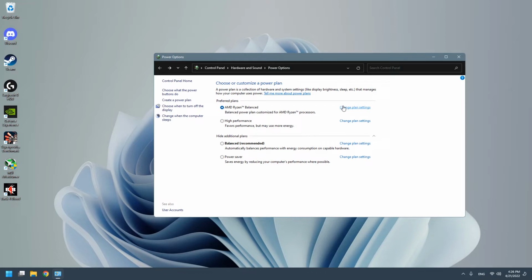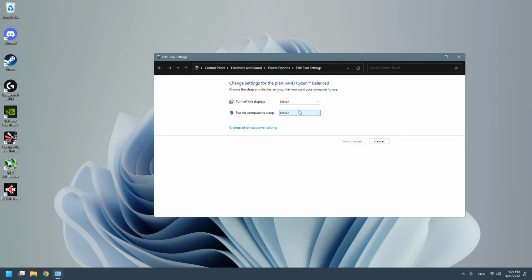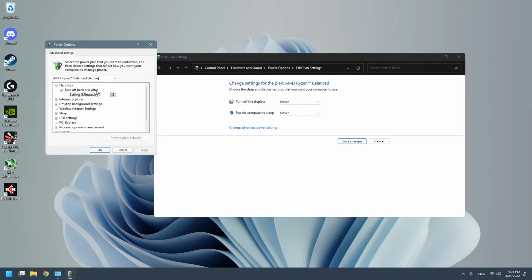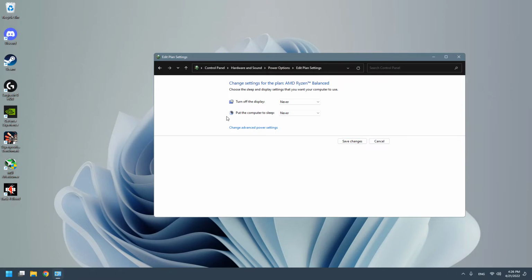Now click on Edit Plan Settings. Now you can set these to whatever you like. I usually don't like my PC falling asleep or turning off. Now click on Advanced Power Settings and go to Hard Disk. Now you want to set this value to 0 so your hard disk doesn't pause and you have a smoother experience